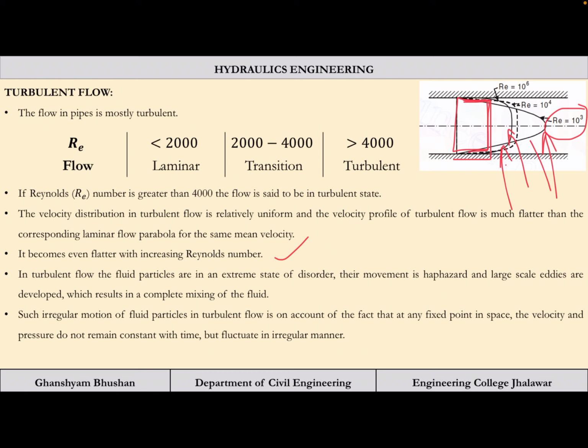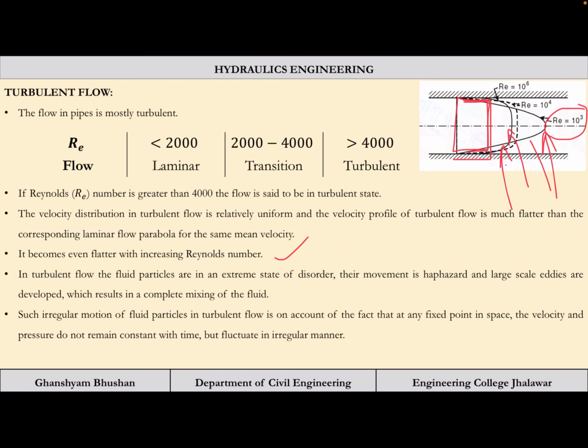Turbulent flow you might have seen, but by the name you might not have known that this is turbulent flow. Just open the tap at a very fast rate, and the flow which results is the turbulent flow. If the flow is there, try to put your leg, try to obstruct that flow, and the flow near the boundary will become turbulent. So you can observe turbulent flow here and there, and mostly you will see the flow is turbulent if the velocity is very high.